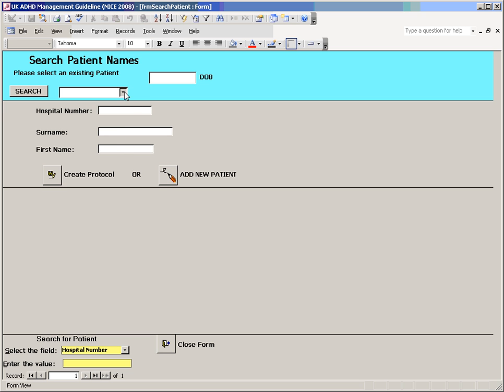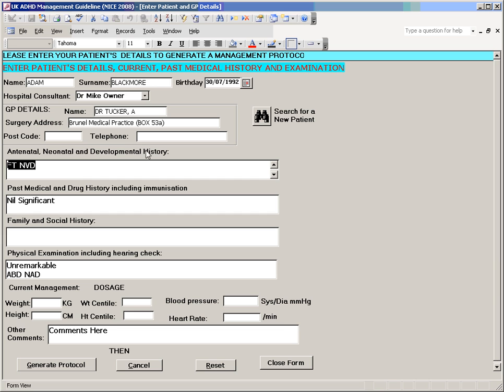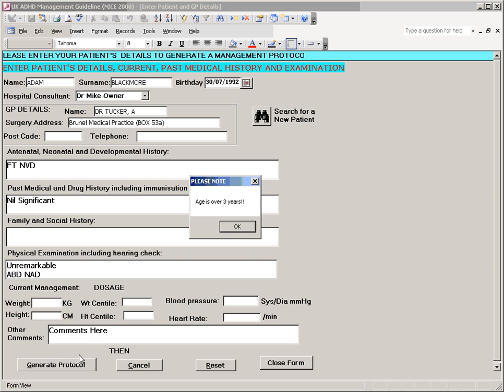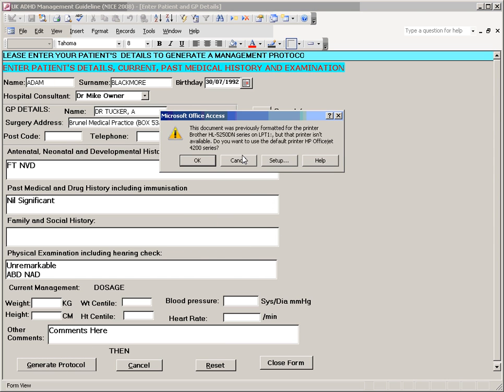You can select an existing patient here and then go and create a protocol. The protocol already contains some basic information obtained from the database, and you can add details of antenatal, neonatal, developmental history and other relevant information, as well as vital signs, weight, height, blood pressure and heart rate, and you can make some comments. And once you click generate protocol, it comes up with